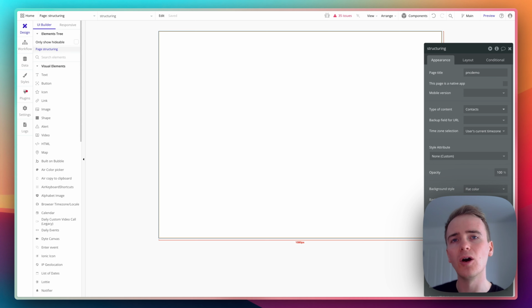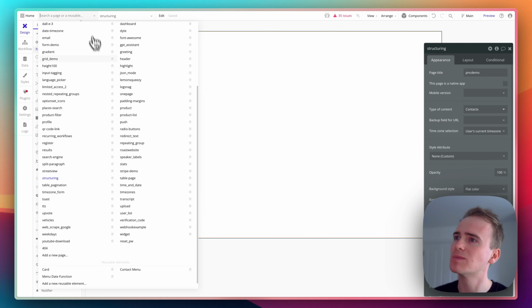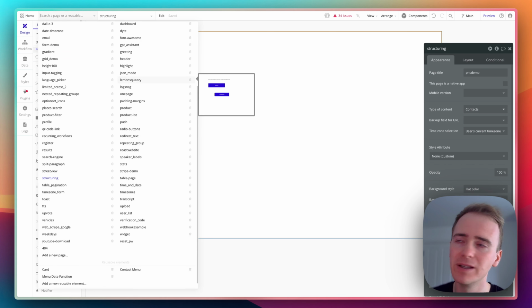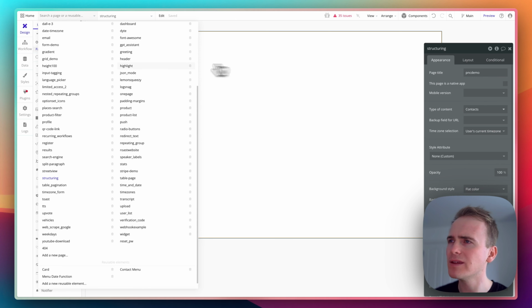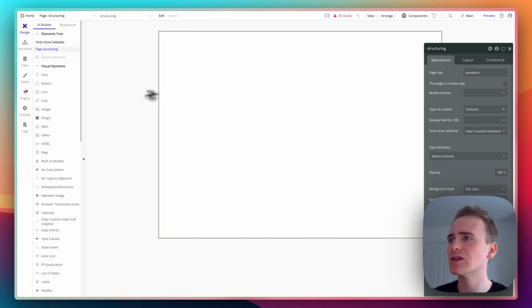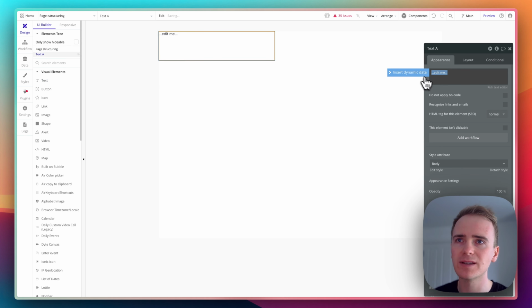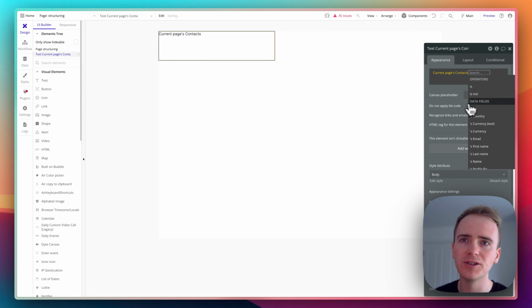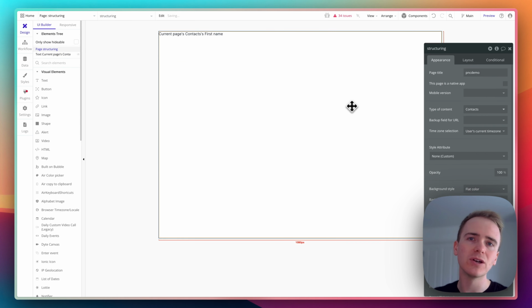It's a template of my way of showing a single contact. And I'm pointing that out because if you don't get that, then this is a complete mess. Once more, I've used this for many demo videos, but you might think that you have to create a page for each contact. No, you create a single page that's your template. So, for example, if I add in some text here, I can tap into current page's contact's first name. And so now whichever contact I send through to this page, I'm going to print the